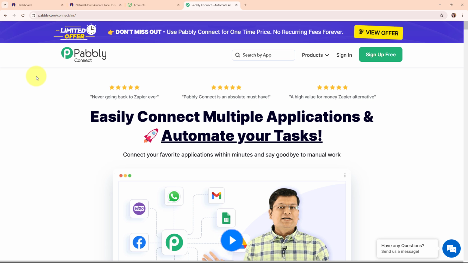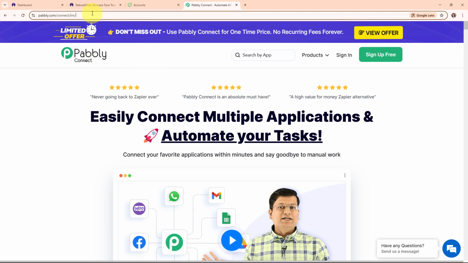So Pabbly Connect is an amazing automation and integration software, and it connects all your favorite apps and makes them work together seamlessly. You can set it up to do things automatically like updating customer info across platforms or sending notifications when something important happens. It's really easy to use and saves you tons of time that you can spend on more important stuff. So here on the screen you can see Pabbly Connect's homepage, and you can visit it by simply browsing for the URL